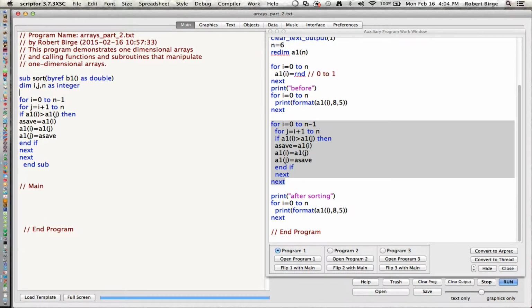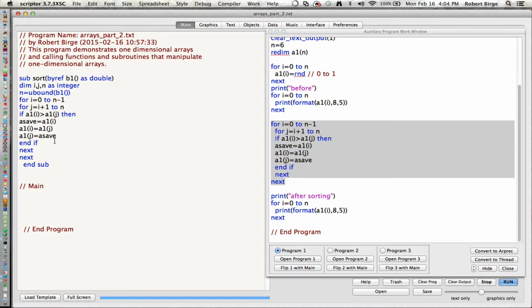We also need to find out what the size of the array is that was passed. So we use the statement ubound, which stands for upper bound, and we pass the array to it. So now we know what the size of that array is,